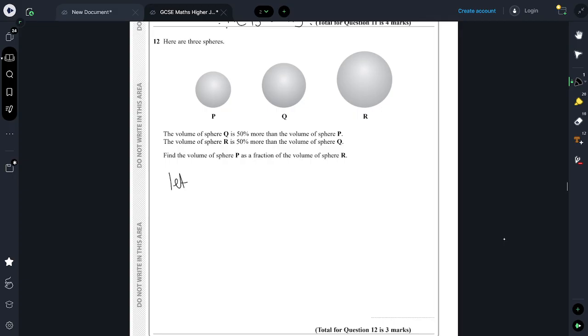Let P, Q, R represent the volumes of the spheres. Because what we're going to do, you don't have to do this, I think it'd be clear. We can write this with ratio, right? So we know that Q to P